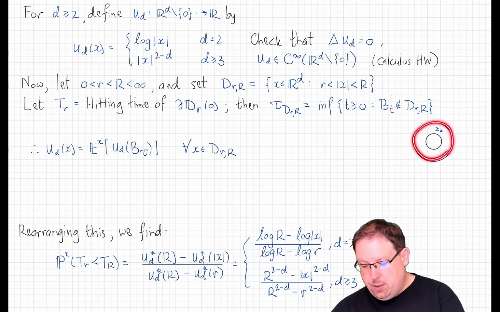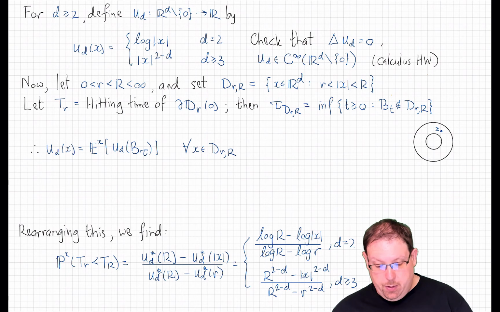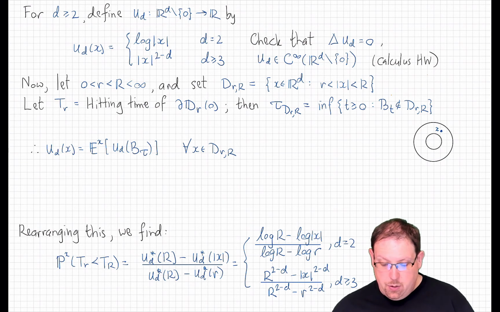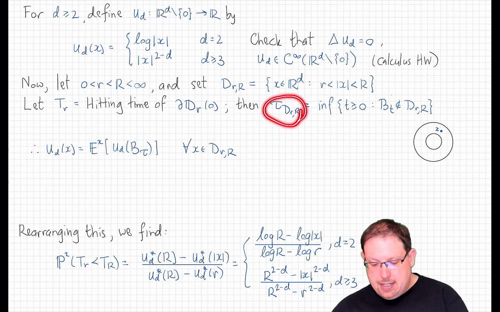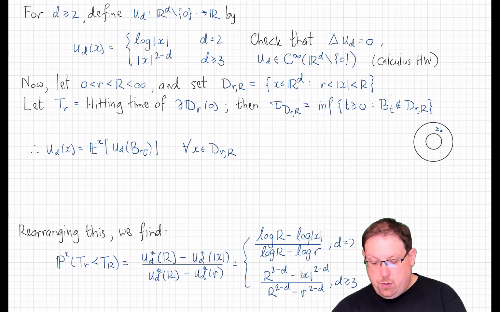Here's the 2-dimensional version of that region right here. Now let's let T_r denote the hitting time of Brownian motion of the disk of radius r, be that the inner one or the outer one or any r in between. Then we can write the exit time of Brownian motion from this annulus, which is of course the infimal time